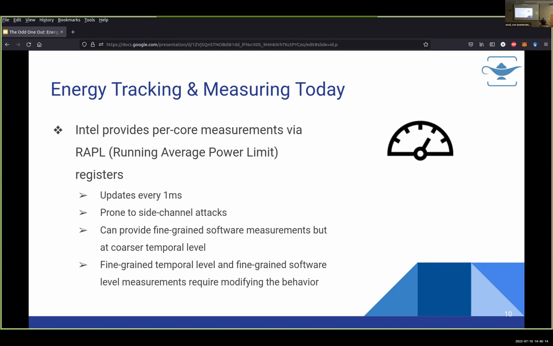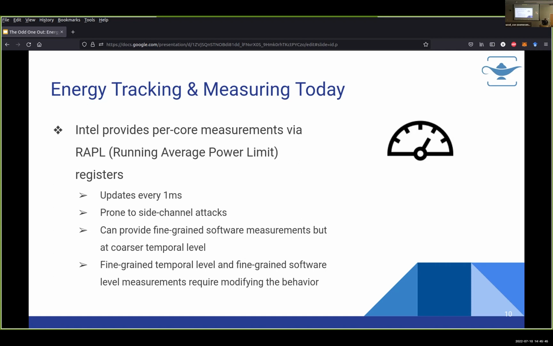But to get fine-grained temporal level, think order of milliseconds or microseconds, function-level energy measurements, it actually requires modifying the behavior of how the system executes requests. So think about it in terms of, if a request is going to hit hundreds of nodes in a data center, you cannot inject random delays or modify the behavior just to make a measurement, because that would give you garbage readings for energy measurement because of the